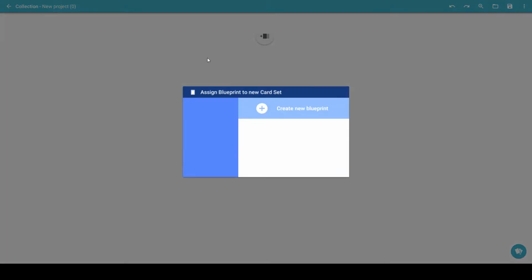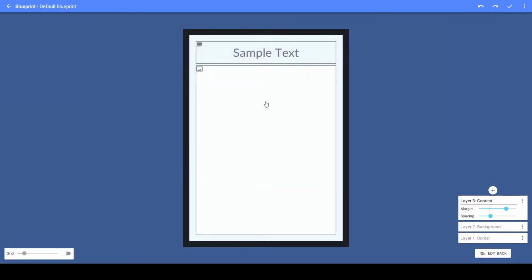First thing, we're going to create a new blueprint, a new collection. You can see here we have the option to create a new blueprint. Let's go ahead and do that. And it brings us into the blueprint builder. So you can see here we have two areas: sample text, so this is a text box, and here we have an image box. We're going to want to subdivide this a little bit more because we're also going to want some other details